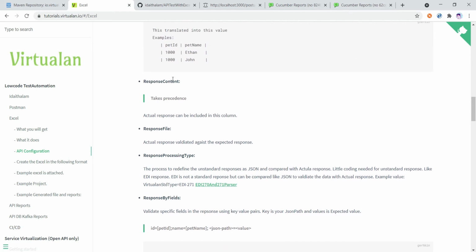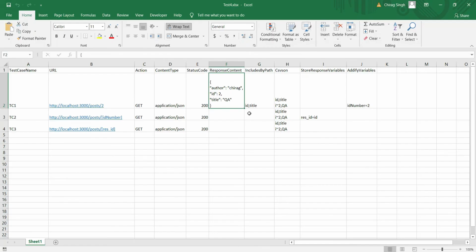In this column, we can either use a file, keeping our response in a JSON file in our framework, or if we do not want to create a JSON file, we can use that response content. So in response content we can copy and paste our actual response. If I put this ID2 here, I will get this type of response. Okay, and what I do is I just need to validate it in my actual response.